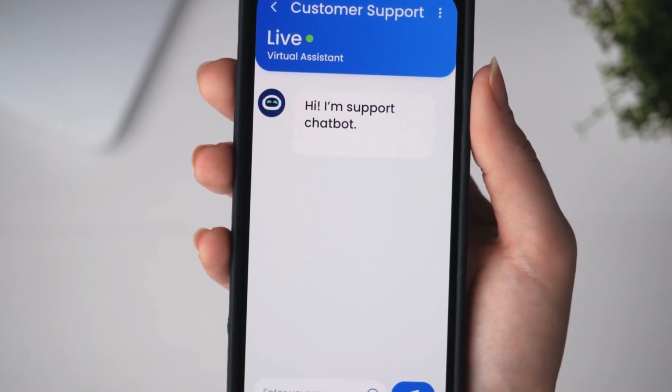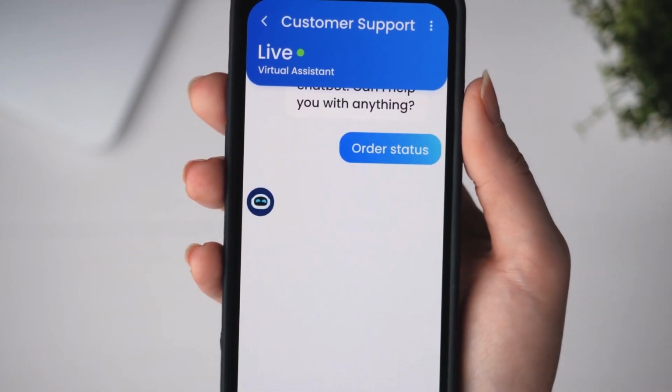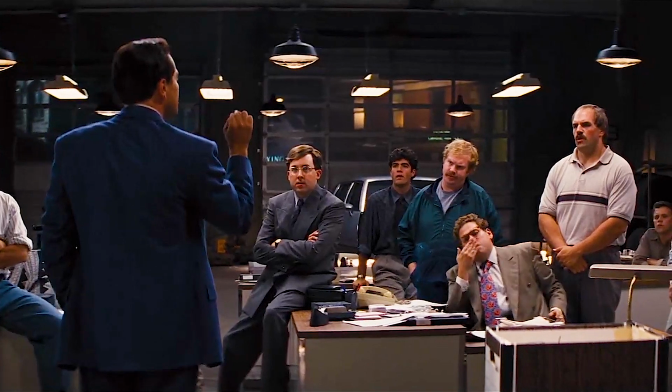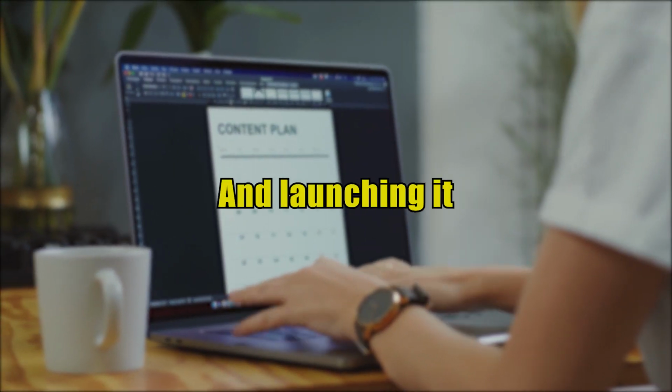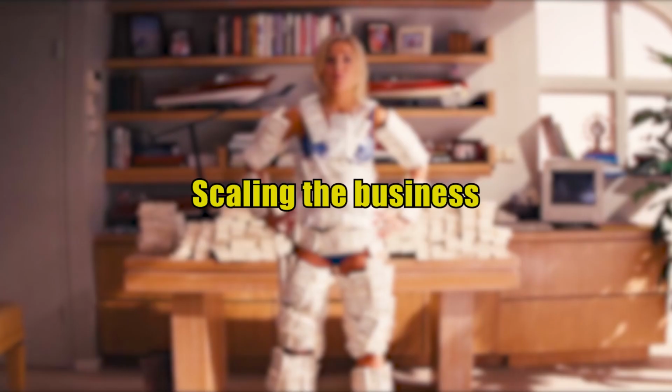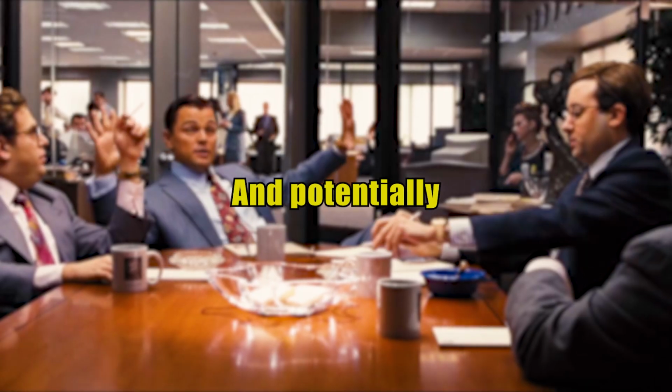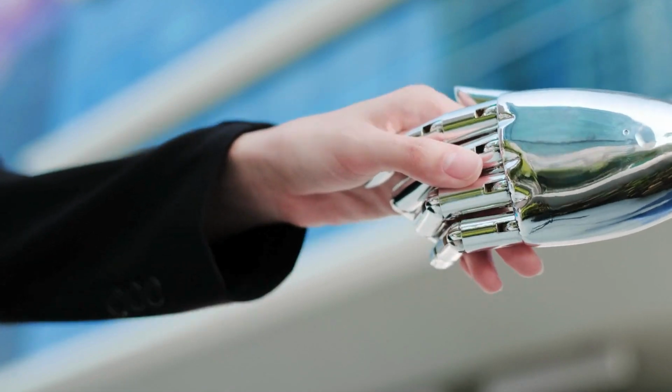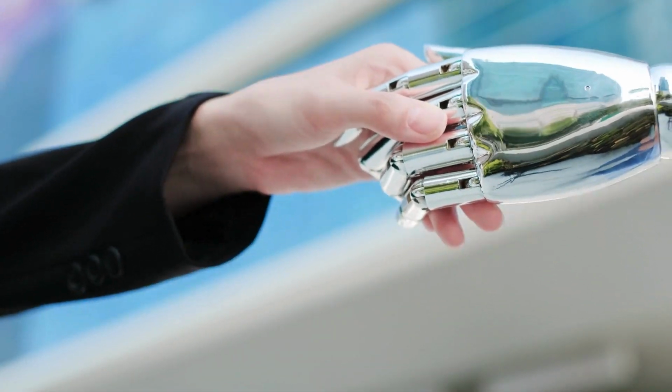For example, if you're making a video about how to build an AI chatbot and make money with it, I can summarize the scope to something like building an AI chatbot and launching it, finding new customers, scaling the business to 6 figures, and potentially selling the company. Now after that, you could use ChatGPT or just do it yourself and make a good hook. This is what I came up with, and I am pretty sure that this would get good views.